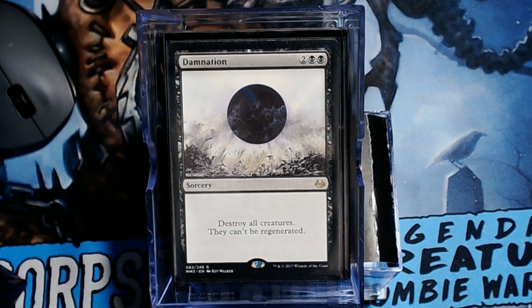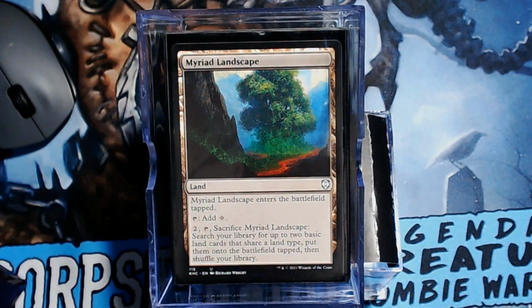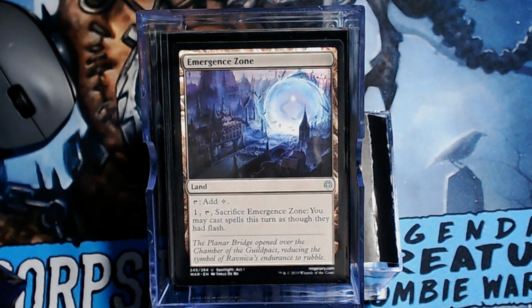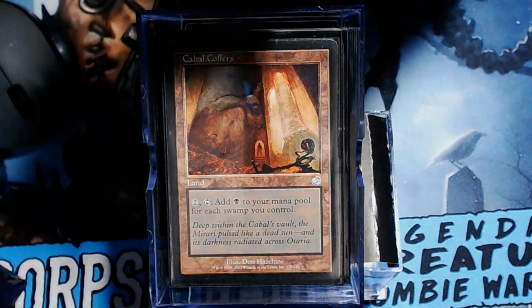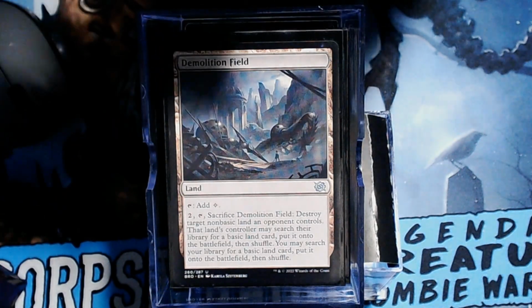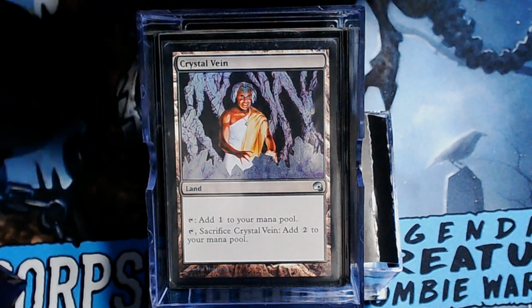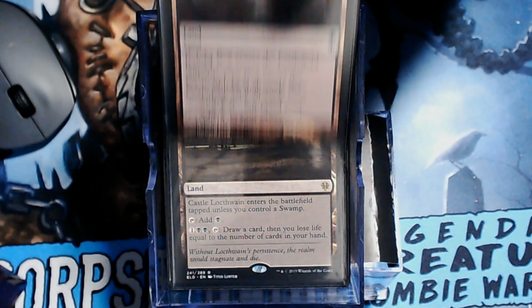Now let's go on ahead and get into the non-basics of the deck, which there are kind of a few, but we're still packing like 20 something basics. Starting off with the Unholy Grotto, Myriad Landscape, Takenuma, Abandoned Mire, Emergent Ultimatum Zone if we're feeling flashy, Cabal Coffers, Demolition Field, there we go, for some land hate, Crystal Vein, Castle Locthwain if we're wanting to draw some cards,